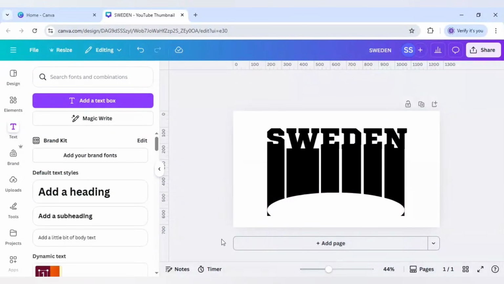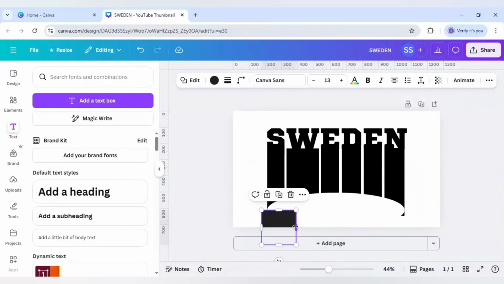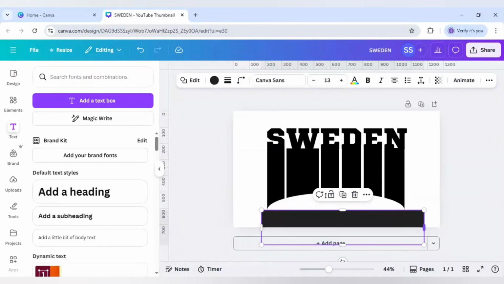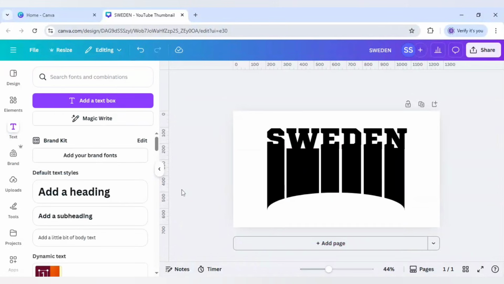Okay, and let's cover these black parts with again a rectangle. Let's cover this part here, and also this part, again pressing the white color. Okay, so when this part is ready,